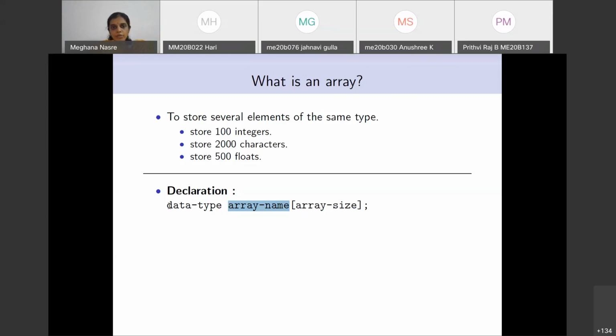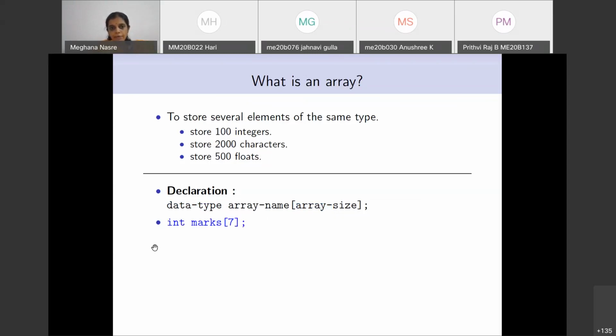Similarly, this tells the compiler that you are going to define so many variables, array-size many variables of this data type, and they are stored in a particular way, which we'll come to in a minute. So this is how you declare an array.